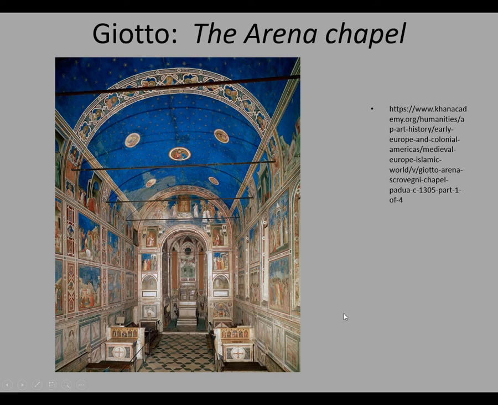And you can see he uses this blue color. I'll talk about that in a second. So it looks like the sky or the heavens with medallions on it. And then he's divided all these scenes. It's supposed to be read top, around to the top, and then you go down to the next register and around the whole chapel and then down. So top, right to left, second, right to left, bottom, right to left. So it's the cycle